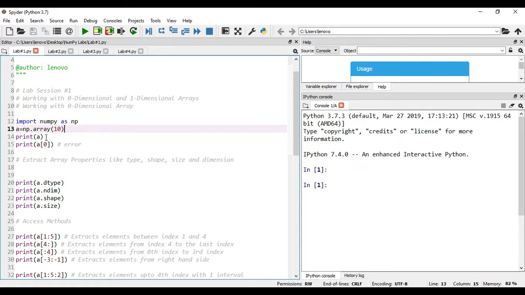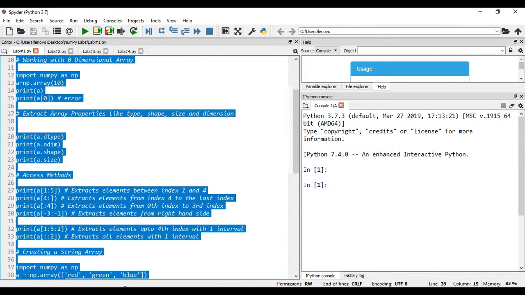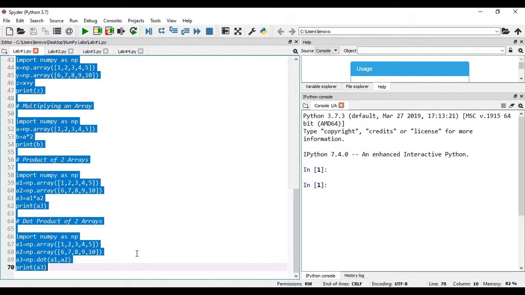In order to execute, there is an option here called run. This is run file, which you can also do by using the shortcut F5. When you press this button, whatever block of statements you have developed here is going to be executed.